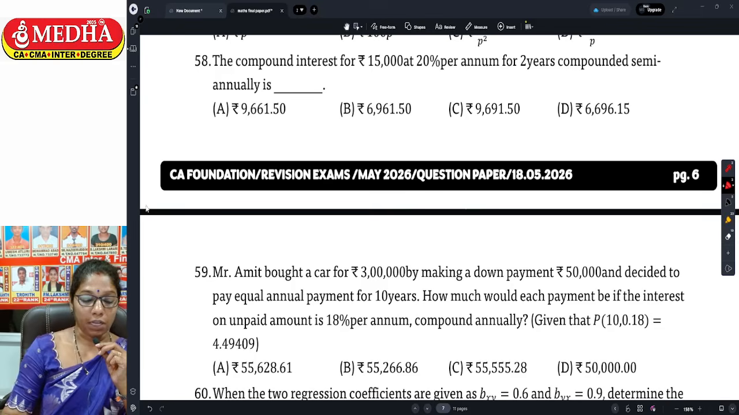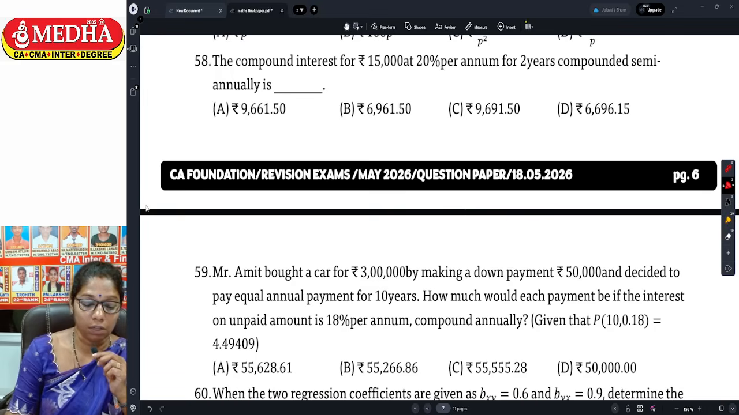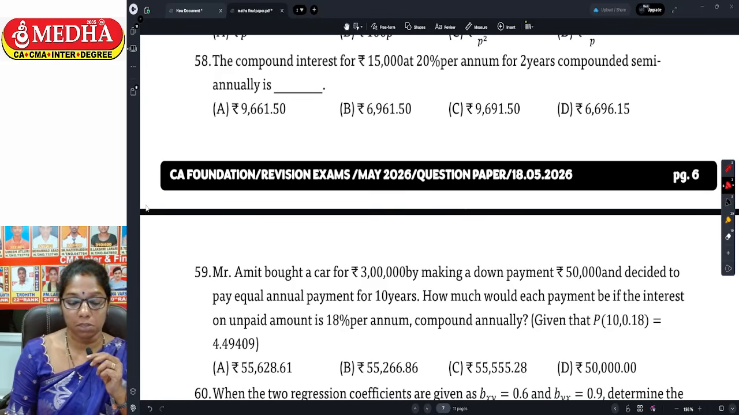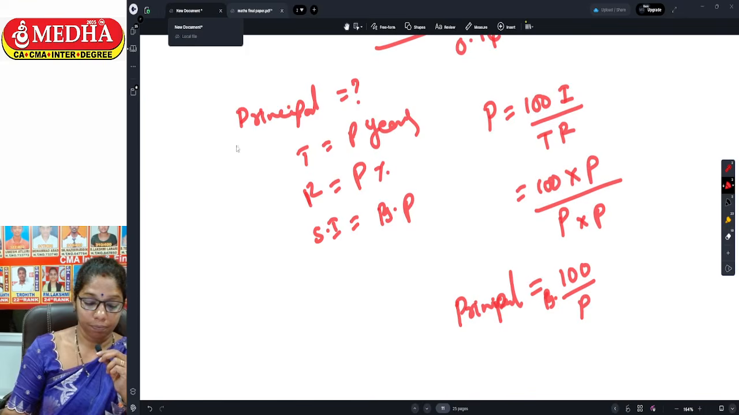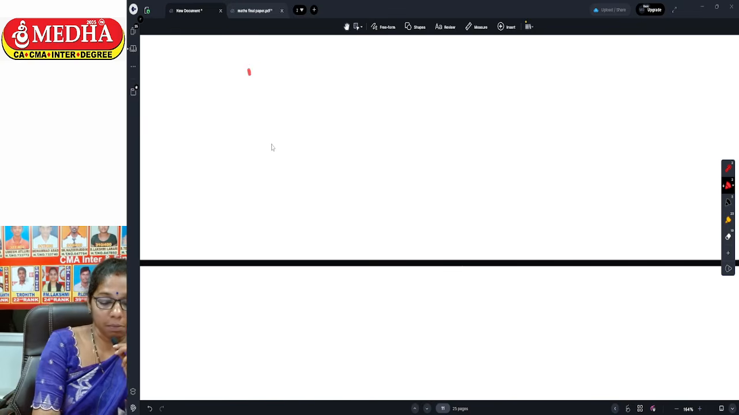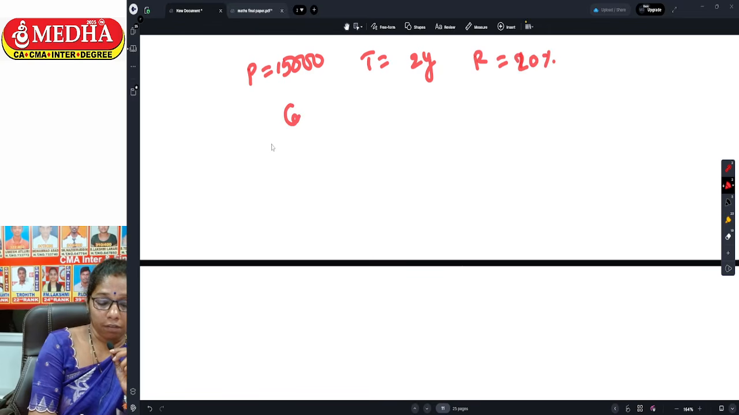Next question number 58. The compound interest for 15,000 rupees at 20% per annum for 2 years, compounded semi-annually. We have to find the compound interest. So we find the amount and then subtract the principal. Compounded semi-annually is mentioned. So principal is equal to 15,000 rupees. Time period is equal to 2 years and rate is equal to 20% per annum. Given that it is compounded semi-annually,